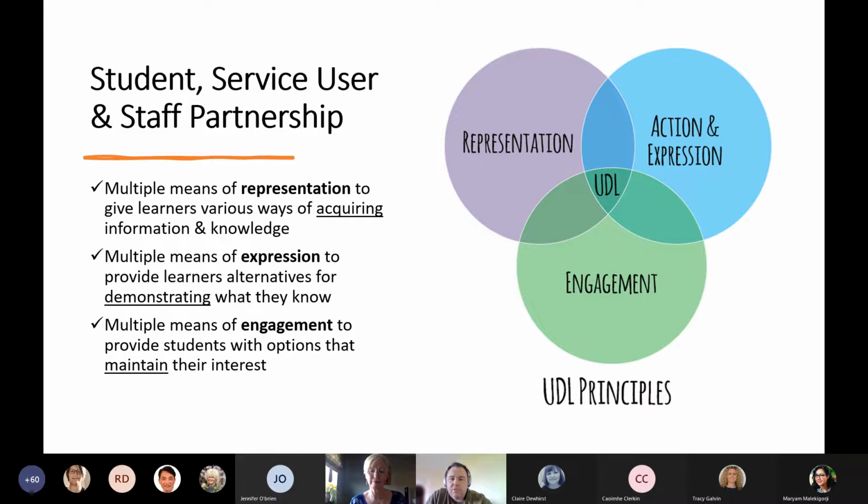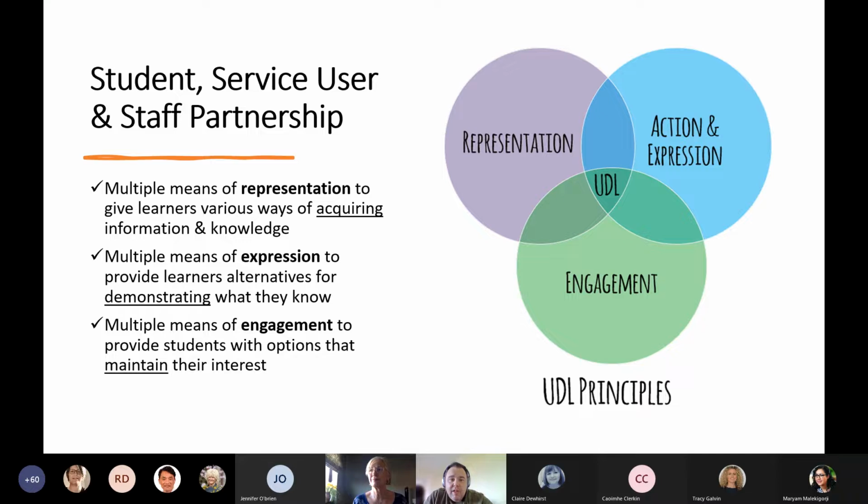So they wanted lots of ways to acquire information. Some people like to read. They like to get articles from textbooks. Some people did not like to read at all. Some people wanted to watch videos. Some people like to listen to podcasts on the go. Some people wanted things like games and virtual reality. They wanted lots of different ways to acquire their knowledge. More than that, they didn't just want to do everything. They wanted a menu of activities that they could engage with, which meant more work for us, but that's what